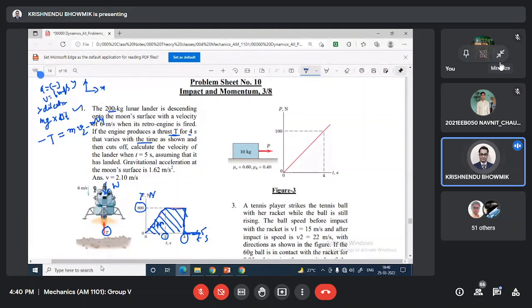Or maybe I'll do it the reverse way. Do one thing. You make this x and this y, with the negative direction as y. Then mg is positive, minus T equal to m v2 minus m v1, where